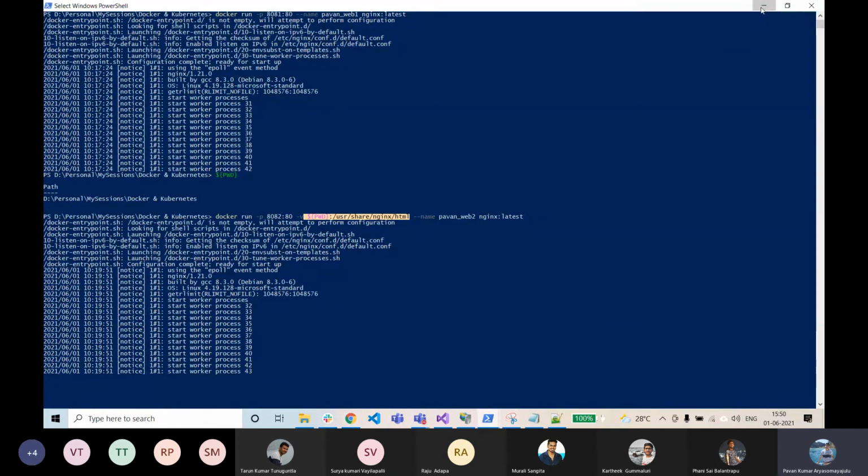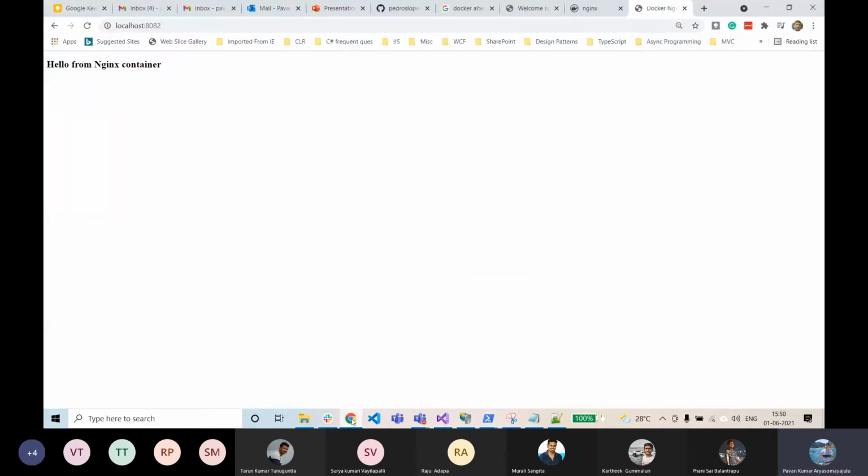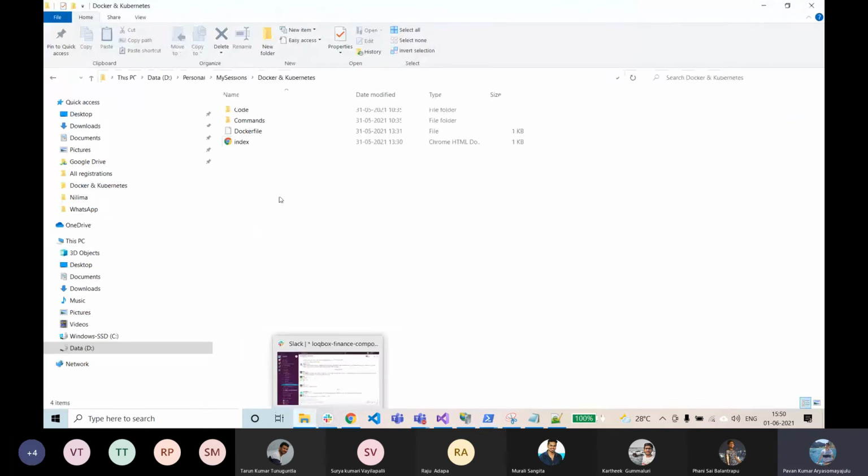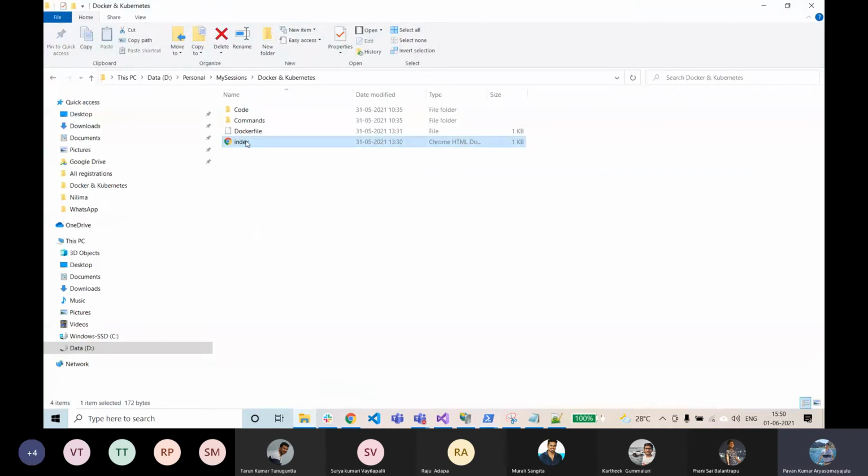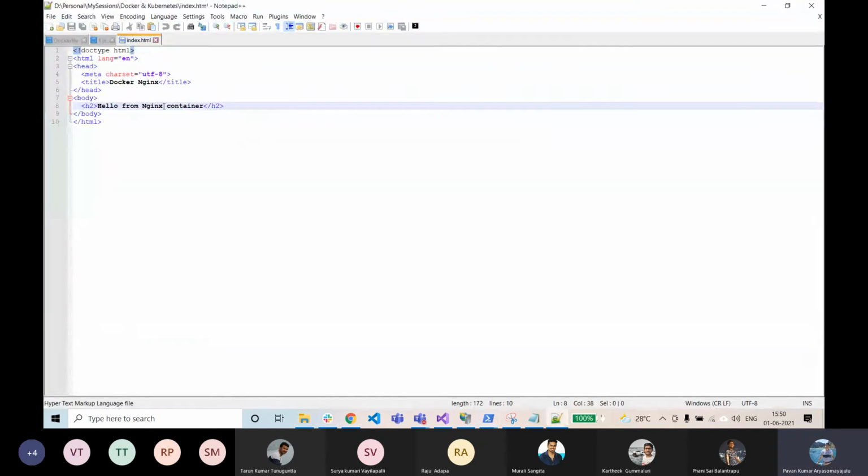It is picking the HTML file from my host machine. I'll make some modifications over here. Refresh it, and you can see it gets changed, right?